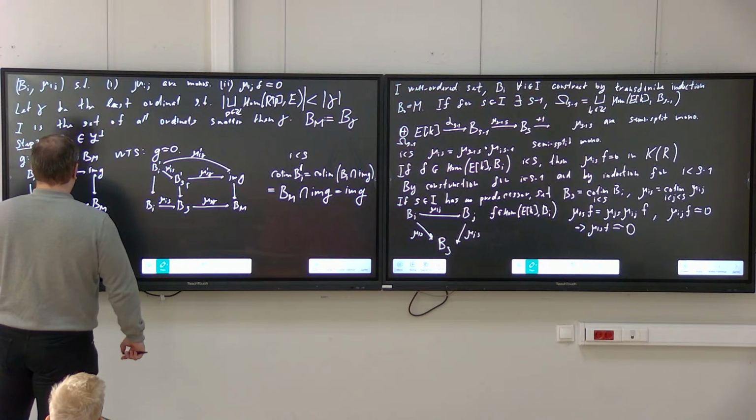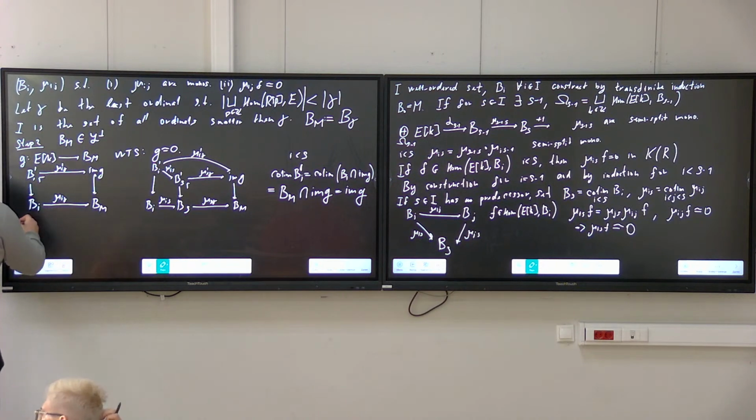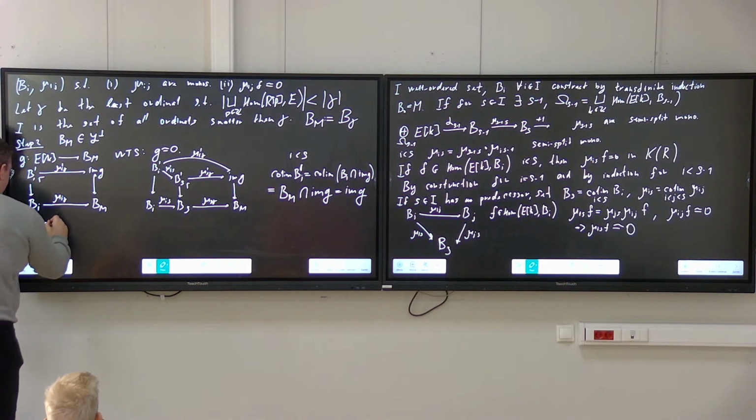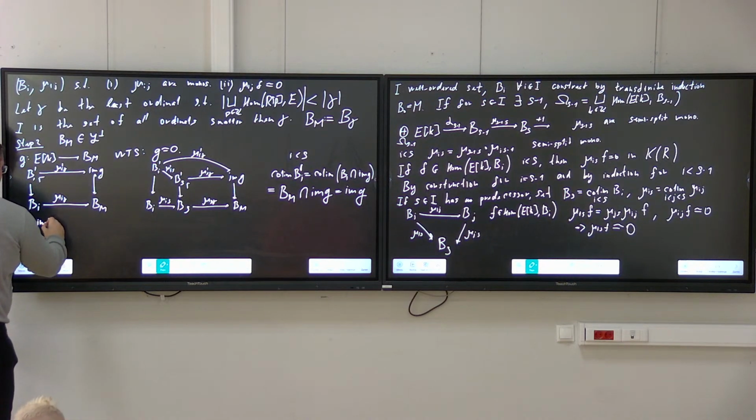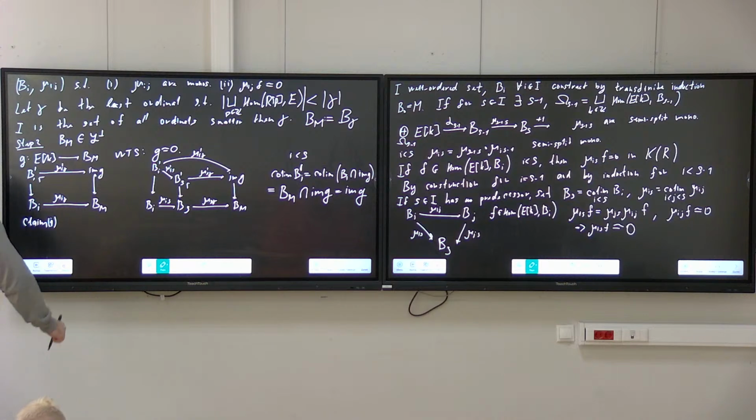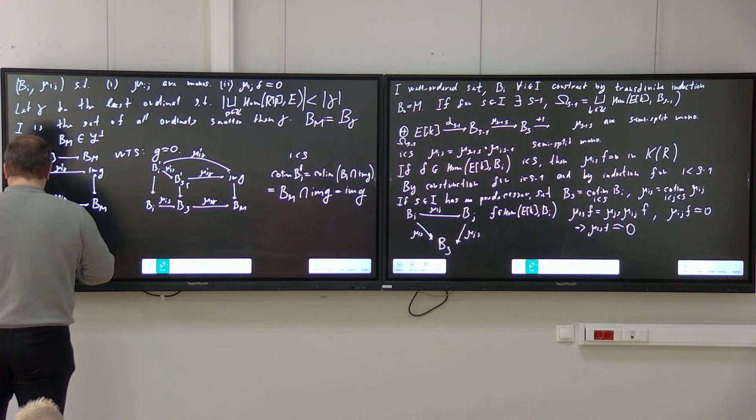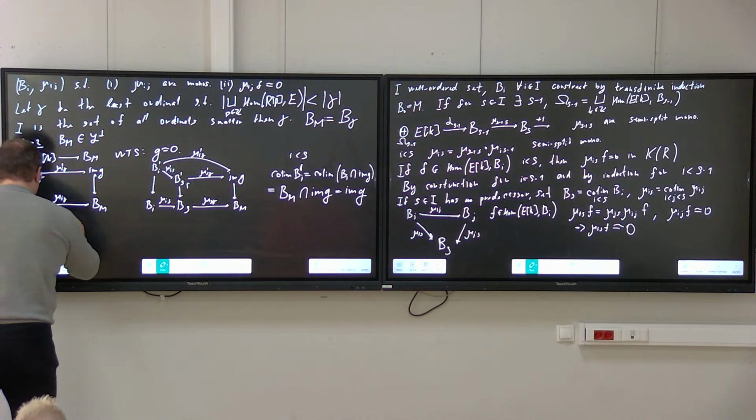Okay. Now this gets a little bit more technical. So I want to prove two claims. So claim 1, so this is still inside step 2. So inside step 2 I have claim 1, with the Roman numeral I. And this is a little bit technical. It says the following. Suppose